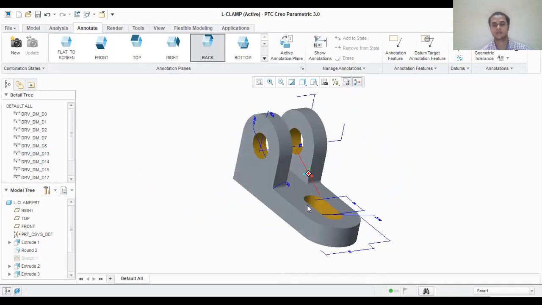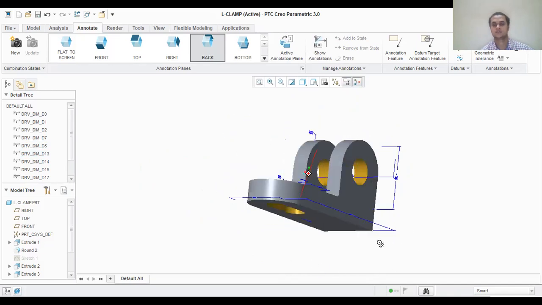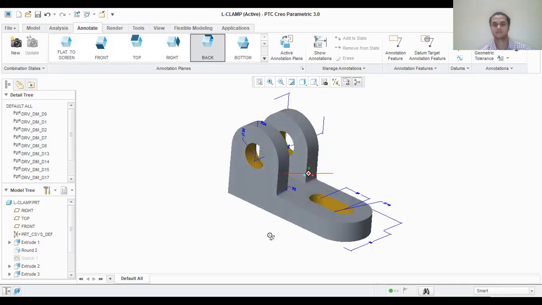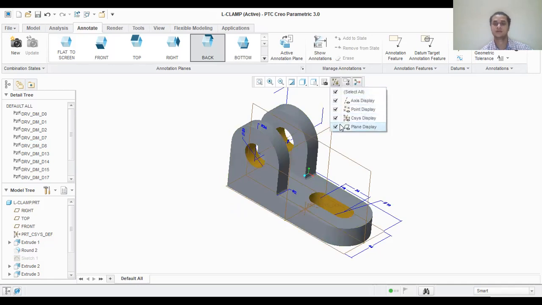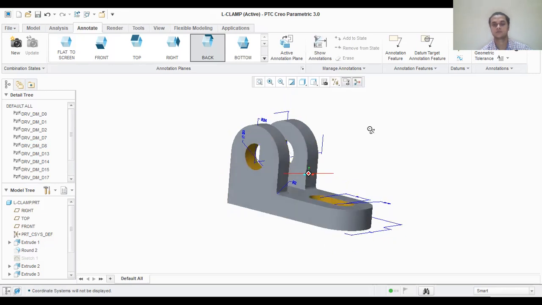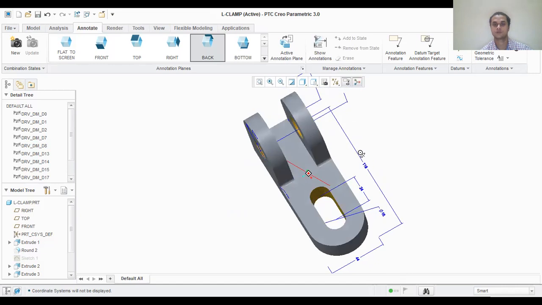So make it the correct orientation. As per the figure, you have to make the correct orientation. So this is the correct orientation on this one. And better to hide your axis, click here and click on plane display so that these planes are not there whenever you are showing this one. Okay. And this CSY display also no need. Okay, so this is the one what you require. This depth is also not required. We gave more than the depth. I'll be deleting this one.